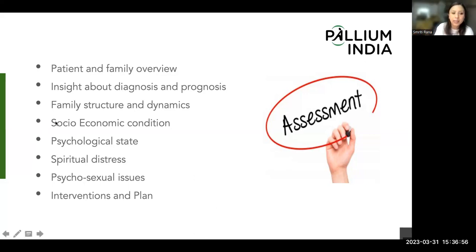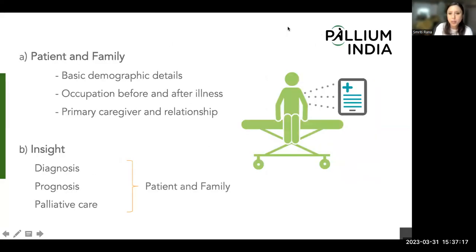But like I said, you will shift and oscillate between these depending on the occasion, depending on the last crisis, depending on what the patient is prioritizing or the family is prioritizing. So it's not necessarily a hard and fast rule that you will go through all of these one after the other. Okay, so when you come to patient and family overview, basic demographic details are important, of course, and